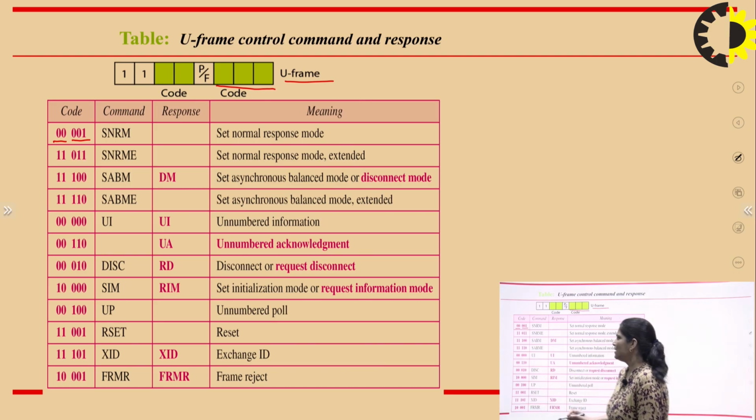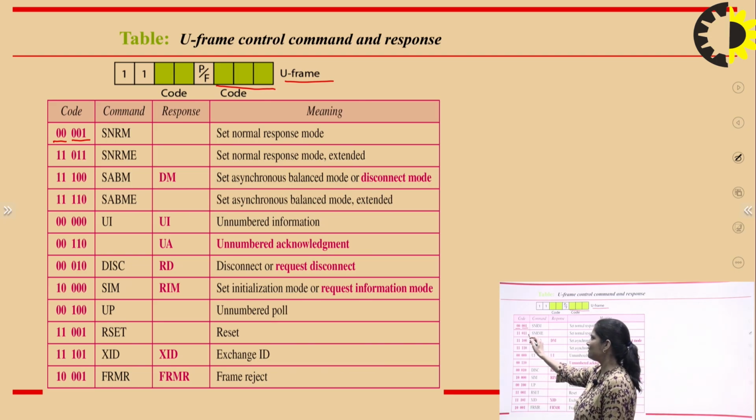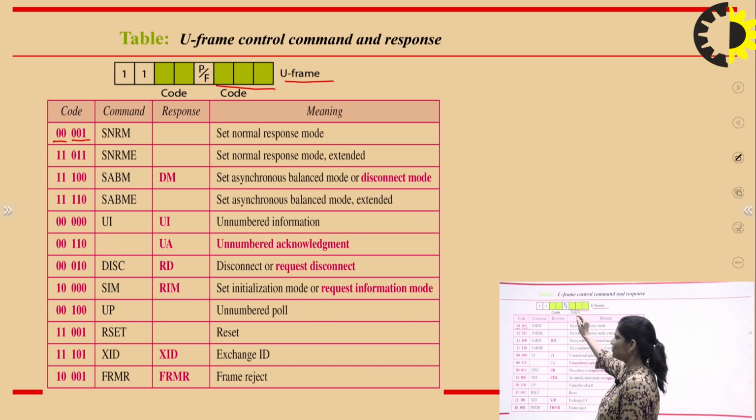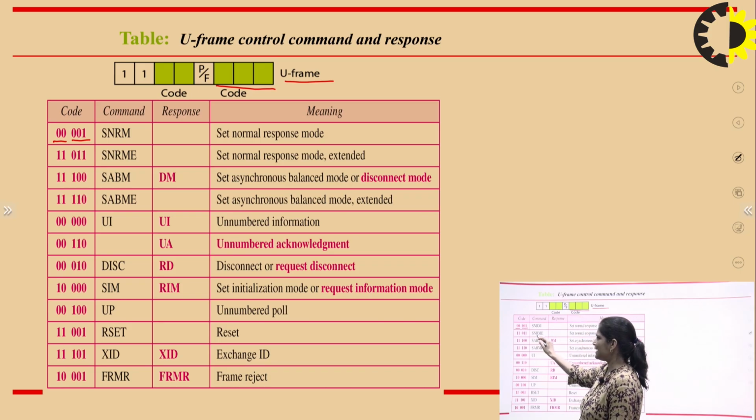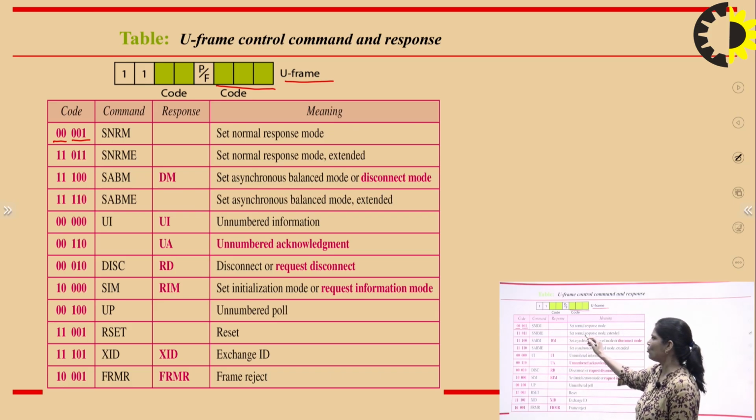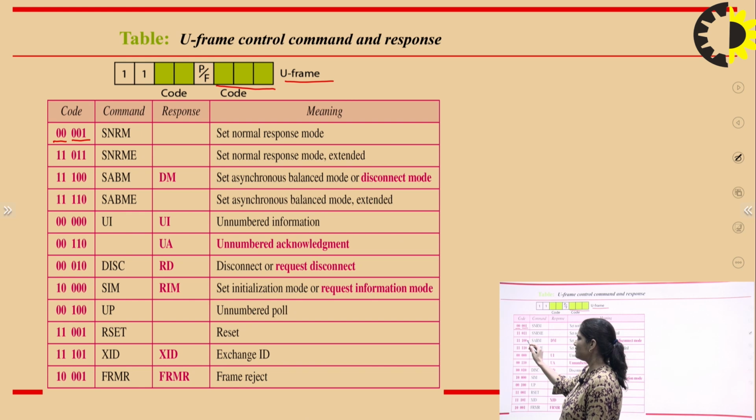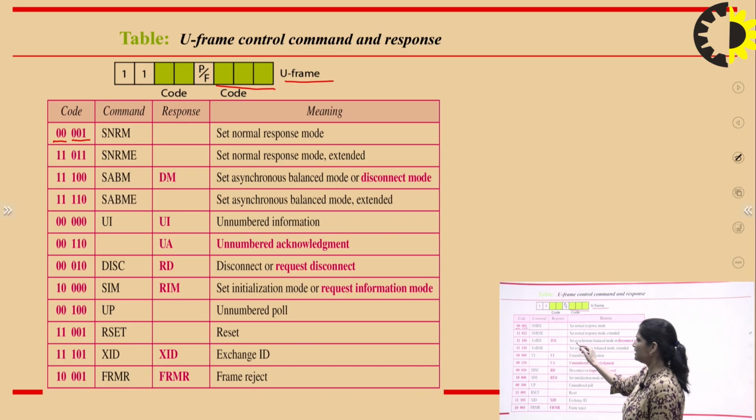If this code is 1 1, this one is 0 1 1, so that is SNRME, which means set normal response mode extended. If it is 1 1, the second code is 1 0 0, so that is SABM, set asynchronous balanced mode, and its response is DM, disconnected mode.